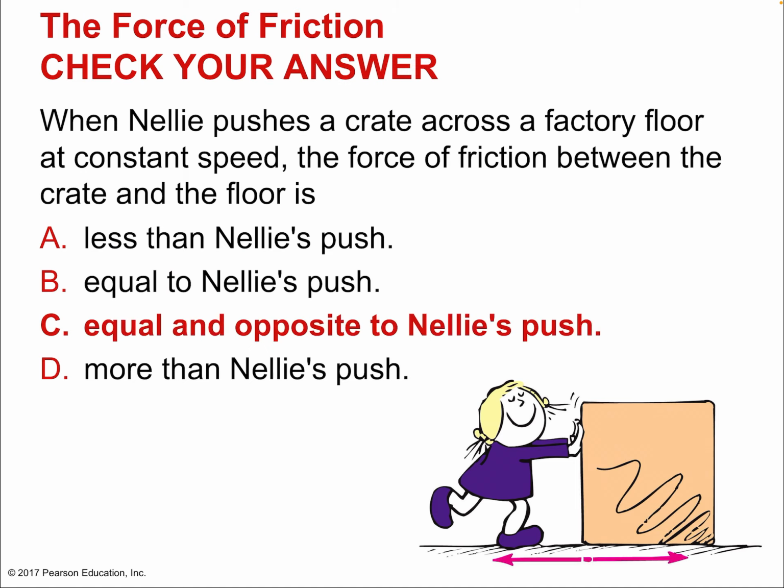It's equal and opposite. Because force has both a length, the length of the force arrow, the force vector, and a direction. Equal would not be enough, because equal would imply that it's in the same direction. So equal and opposite is important because it clarifies the direction. It's the better answer in this multiple choice here, isn't it?